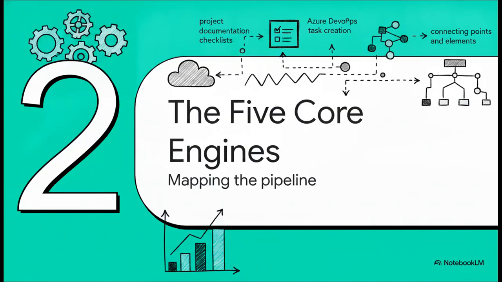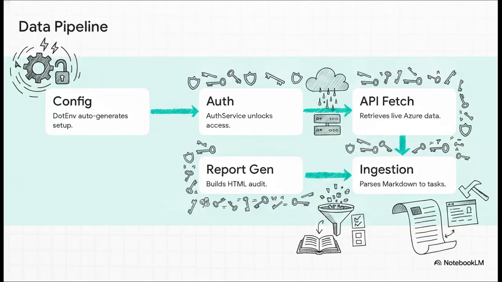Section 2, the 5 core engines, mapping the data pipeline. Let's actually graph out this entire system architecture as a sequential pipeline, looking at exactly how these connecting points hand off data. Node 1 is config. .env completely eliminates setup friction here by auto-generating your local environment variables on the fly. That data passes seamlessly to Node 2, auth, which unlocks access and hands the token over to Node 3, API